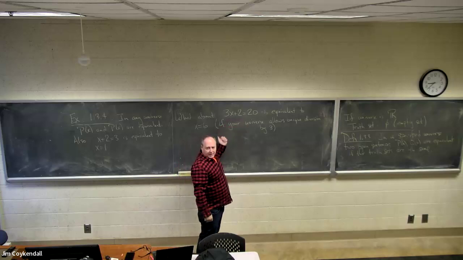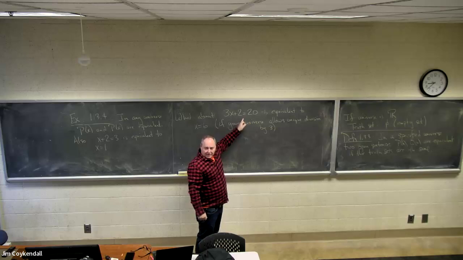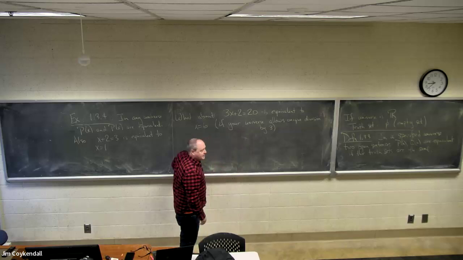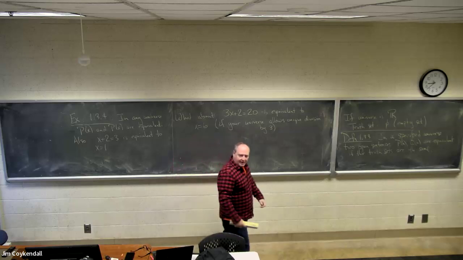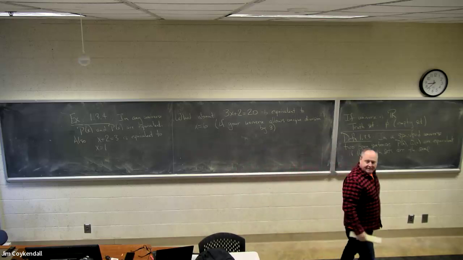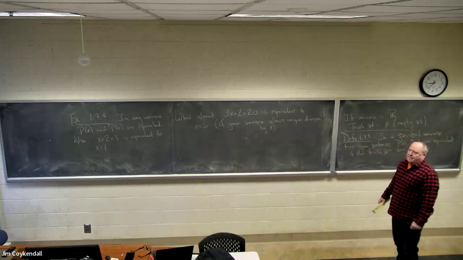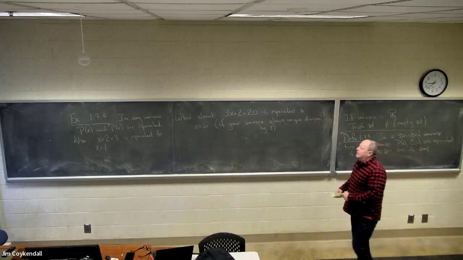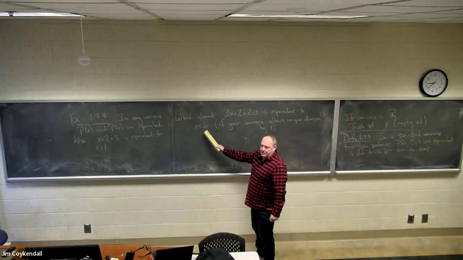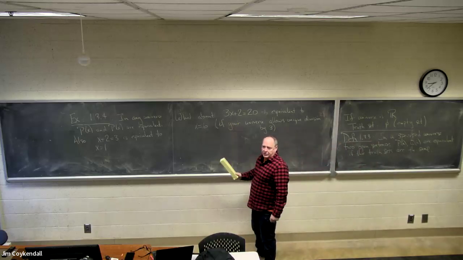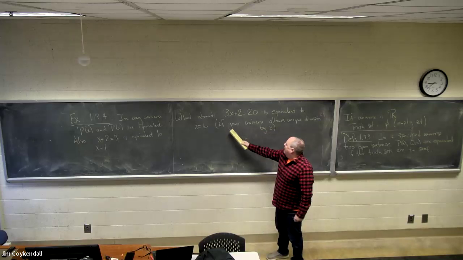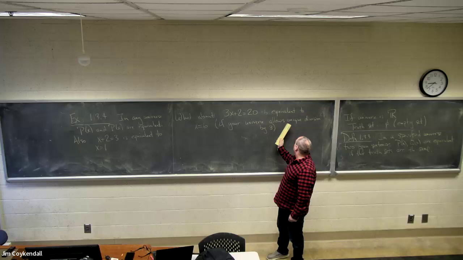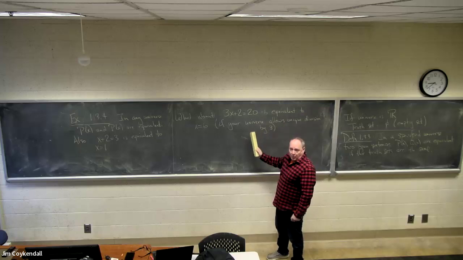How did you get from here to here? Subtract, that's kosher: 3x equals 18. But then you divide it out by 3. You might not be able to do this. Can anybody think of an example? Yeah, universe, even numbers, or real numbers. Yes, but even in the universe of even numbers, x is in that universe and it makes both of these equations work, right? So if your universe allows you unique division by 3, it'll work, and it might work in some others, but